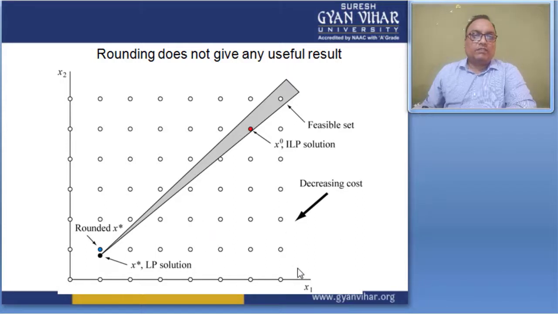If you want to draw the graph in x and y, here you take x1 on this axis and x2 on this axis. Here you want to find the feasible solution for the problem. So draw two constraints. Suppose this is one type of constraint and this is the second type of constraint, and this is one cutting plane method, right? So in this case you draw different kinds of constraints here. So you solve the problem like this.